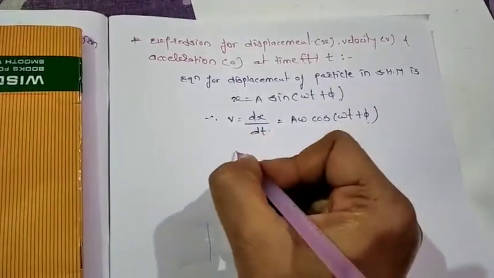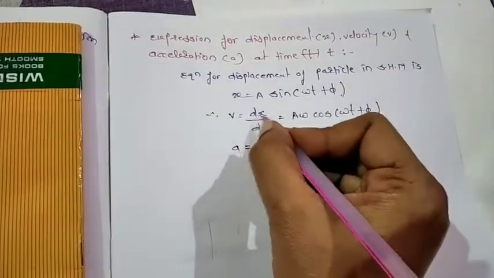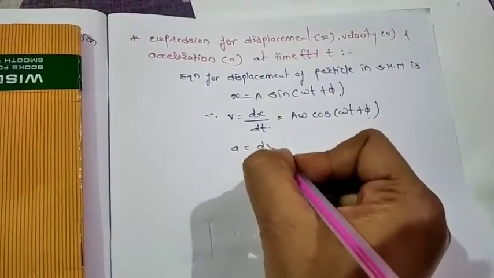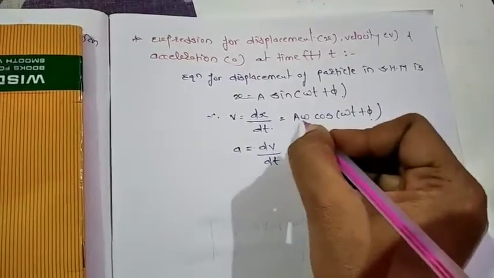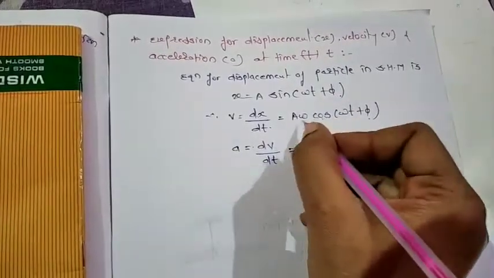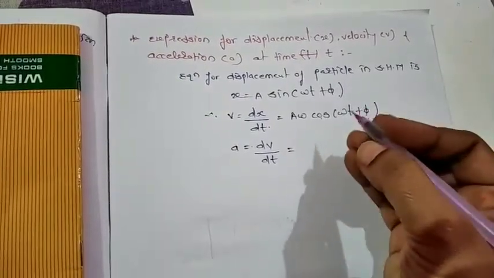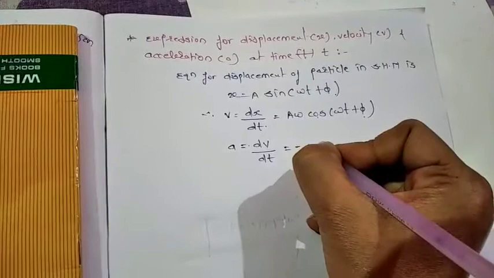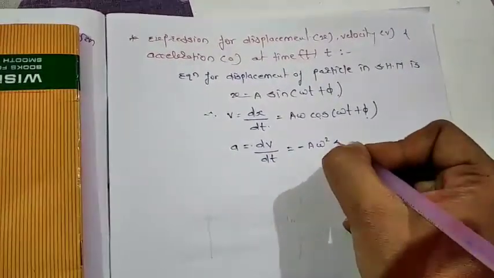Now the acceleration, it is given by the rate of change of velocity with respect to time, that is we can write dv by dt. Again differentiate this equation, that is a omega cos omega t plus phi, the derivative of cos is minus sine, so it is minus a omega square sine of